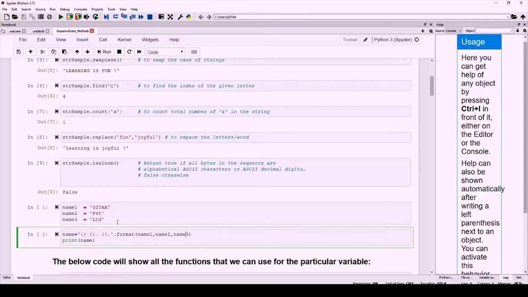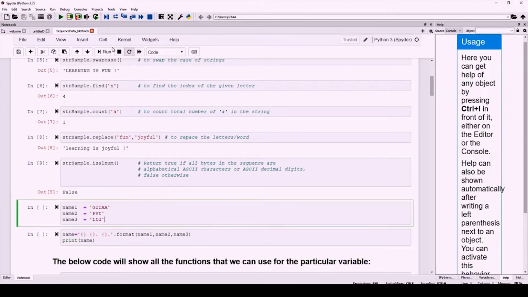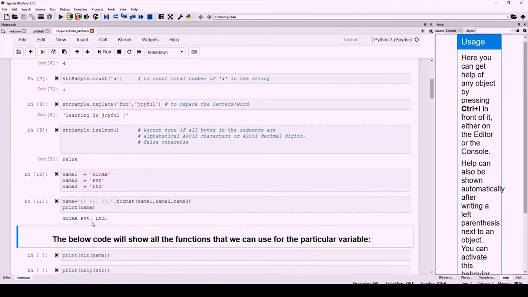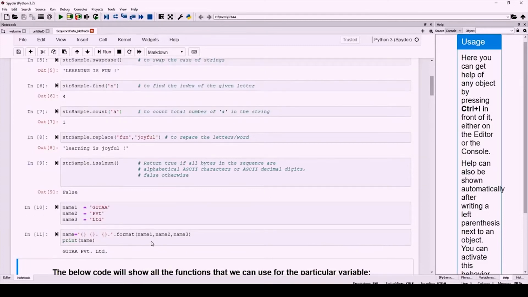For example, I wanted to print it as Geeta private dot limited dot. So I have first created some placeholders for a few values that I am going to put inside.